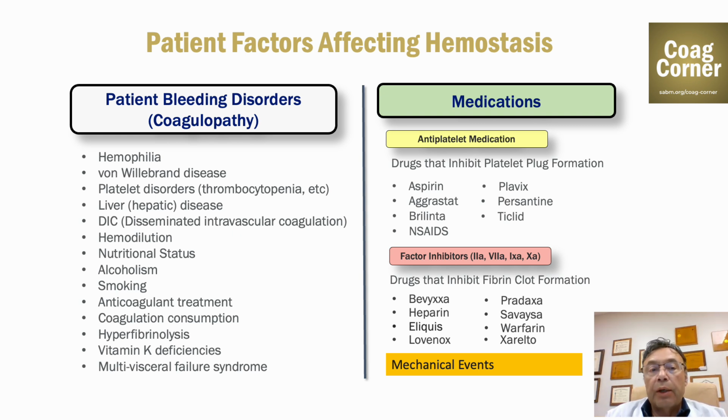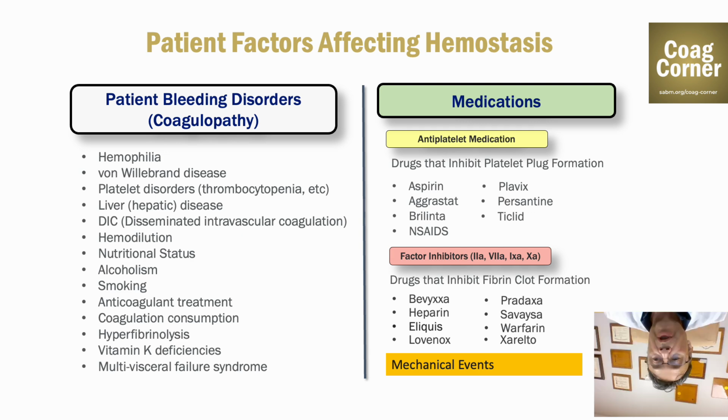Some acquired, some non-acquired bleeding disorders or coagulopathies, whether they be hemophilia or secondary to nutritional status, DIC, multi-system failure. And there are multiple medications that we now use, whether they are antiplatelet medications such as Plavix or factor inhibitors such as Eliquis, which are ubiquitous in our patients today. In addition to that, there are mechanical events, whether it be from cardiopulmonary bypass machinery or mechanical valves, etc., that